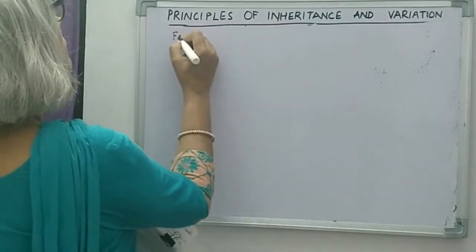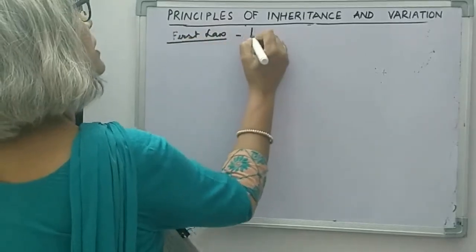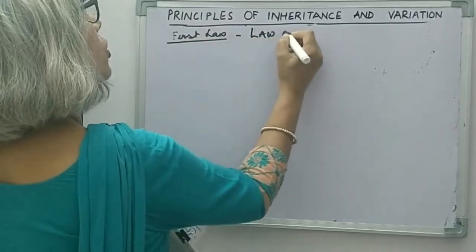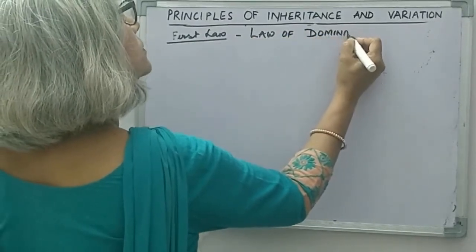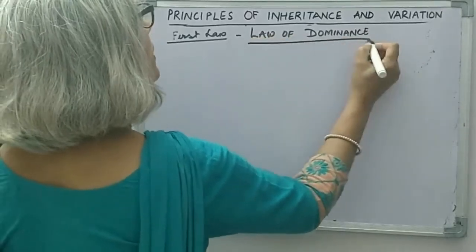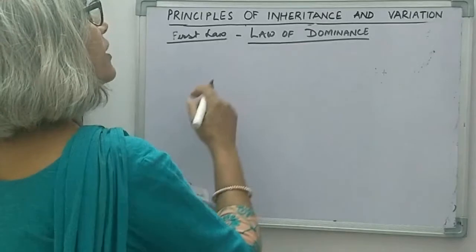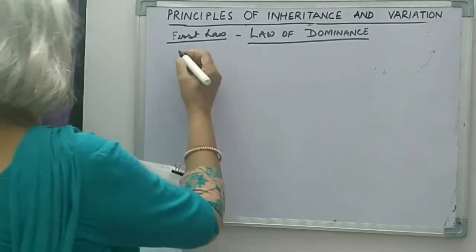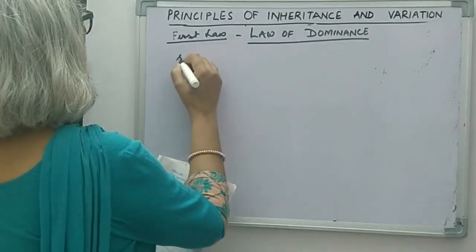First law of Mendel is called law of dominance. The name itself is telling you that the dominant character will be expressed and the recessive character will be hidden or suppressed. So first law of dominance states